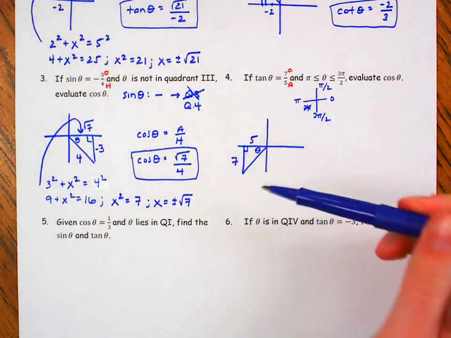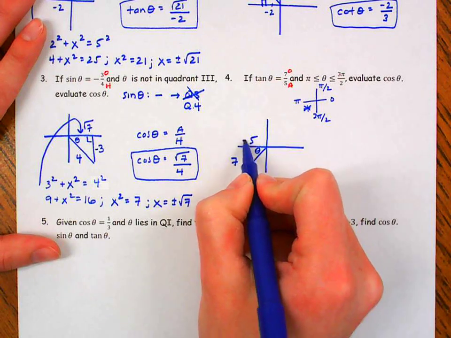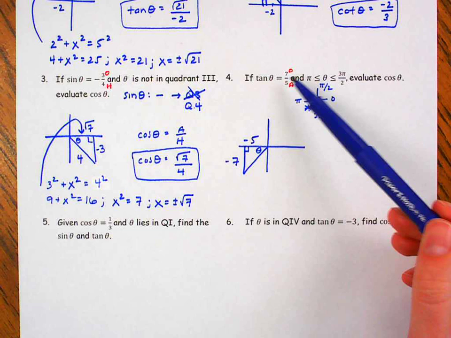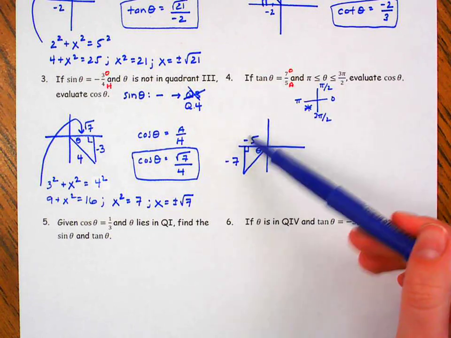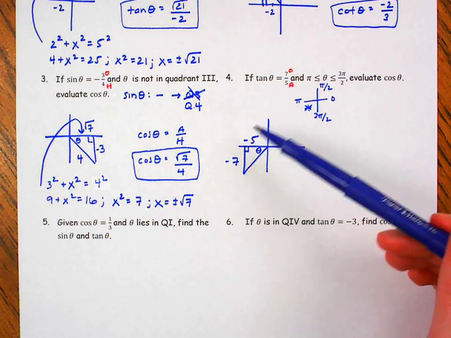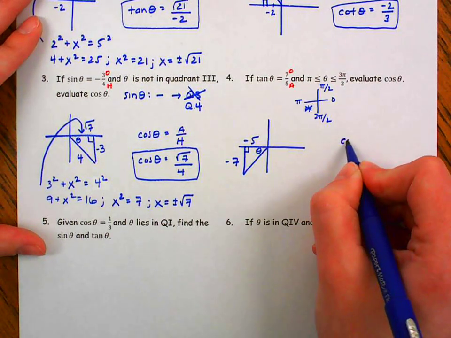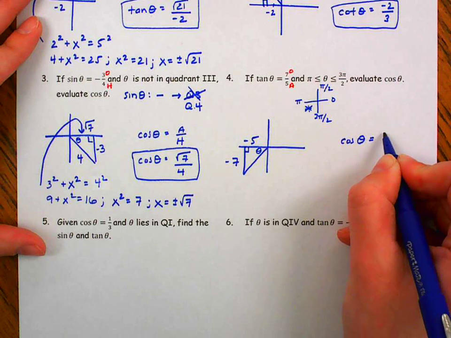Now let's think about this. I'm going backwards and down. So these are actually both going to be negative. Tangent was positive because a negative divided by a negative is a positive. But if we want to think about them directionally, this is backwards 5 and down 7. If we want to evaluate cosine of theta, I need a